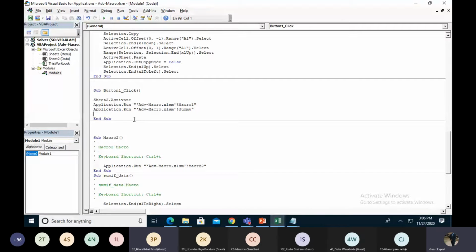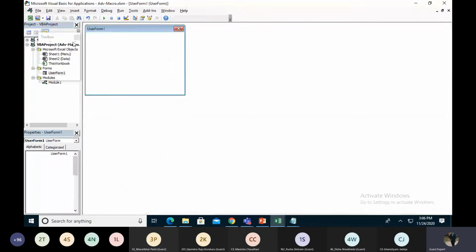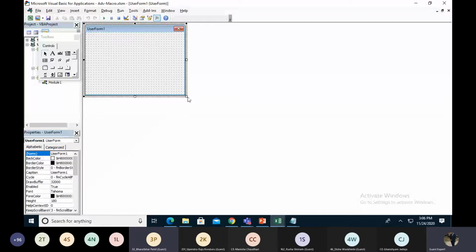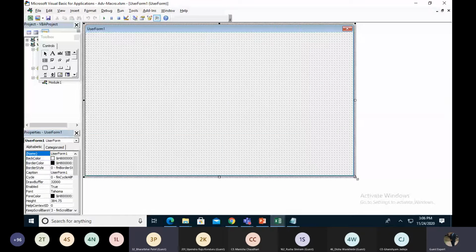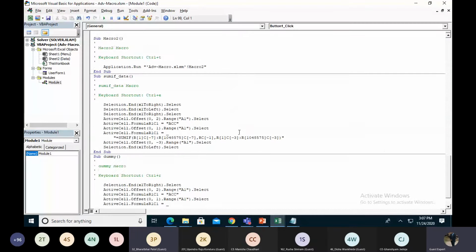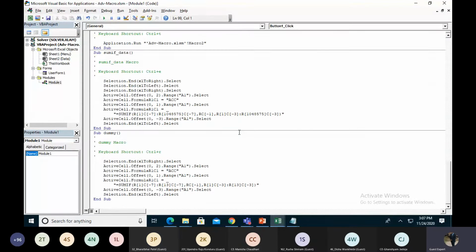Yes, you are explicitly running it. The purpose of Call is when we make procedures, when we make this kind of user form over here. You can call the form, but user forms are a totally different thing. In user forms, when we call some values, the call is the internal communication between the procedures. Okay, I am clear now.